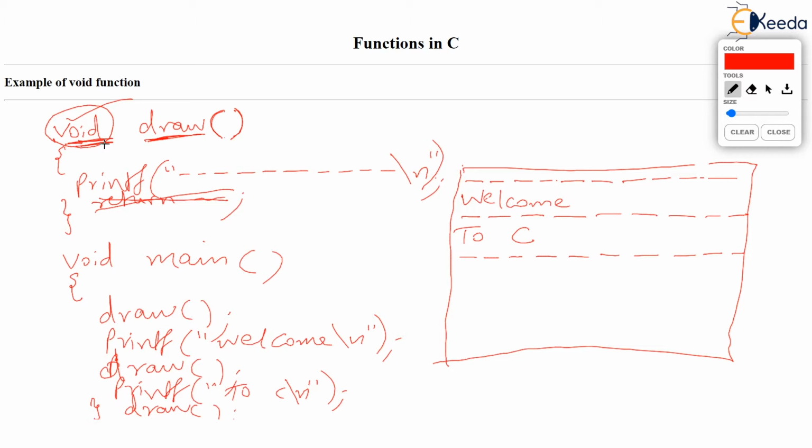Why? Because whenever draw is called, look, this is the call to the function, isn't it? Whenever draw is called, it is understood by this function that it should draw a line of 80 dashes. Then where does the question of passing something come into the picture here? At this point of time in the classroom, I always question my students because there are some set of students who do not understand why the parameter is not passed here.